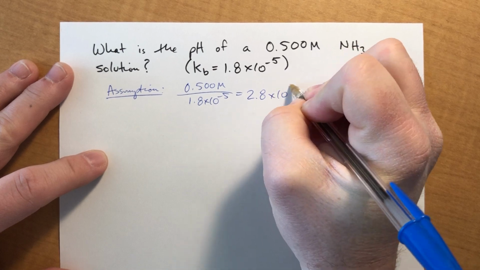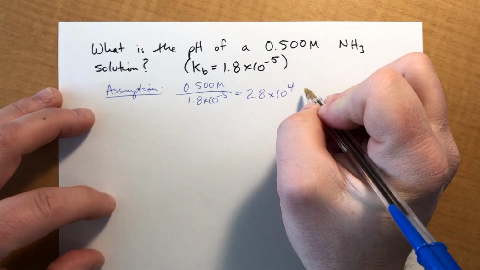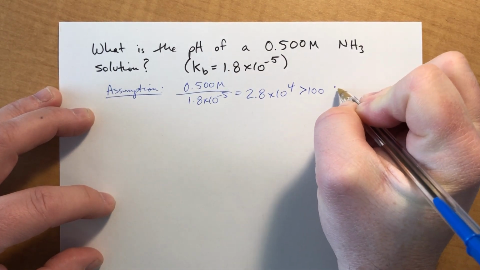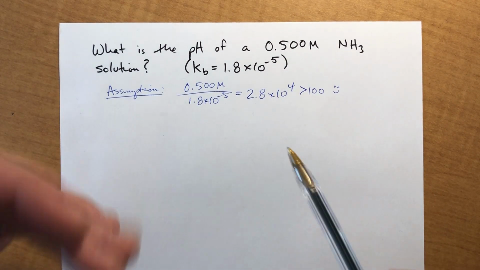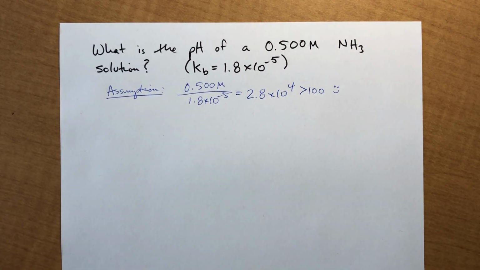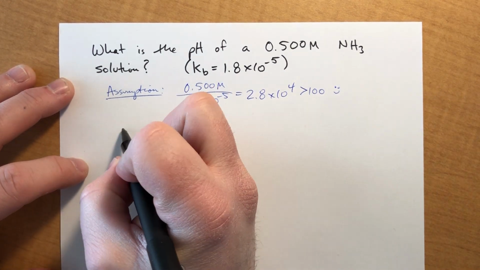2.8 times 10 to the fourth, which is what, 2,800? Or 28, yeah, 28,000 actually, which is significantly bigger than 100, which means that we can assume that this minus x, when we get to that point in the problem, is equal to 0.5, so we can make this easier. The assumption works, okay? So since this is a base and this is a Kb, our reaction is going to